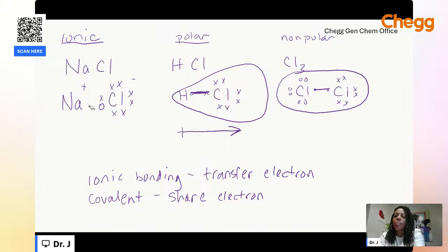So that's an ion, right? Because I've gotten rid of my electron. This hydrogen area has what's called a pseudo positive region. All right, so we draw the sigma symbol. And over here, this would be a pseudo negative region. And so that positive and negative region that's created from this uneven sharing is what allows things like water, which has this dipole moment, to dissolve salt because of that interaction between the polar ends of the compound and